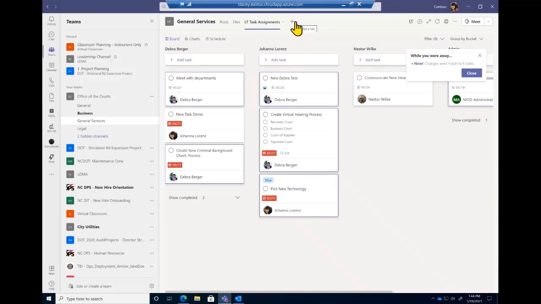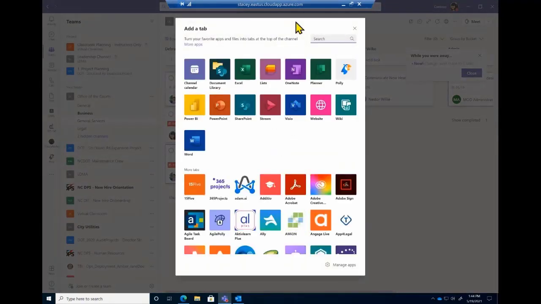But just as you could in the personal meetings, if you're doing team meetings inside of a channel, you have additional options that you had in the personal meeting. So you could add list. So if you're creating new content, or maybe you're organizing a company party, if we ever get back to work, or maybe a conference, you could create this list to kind of organize everything, and it would be a tab at the top, so you can just easily find your information there. And of course, we could add Polly if we wanted to poll the users, like you saw.